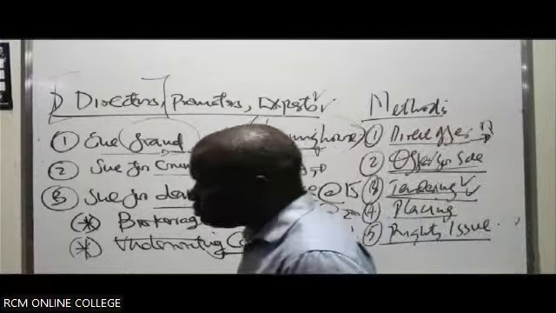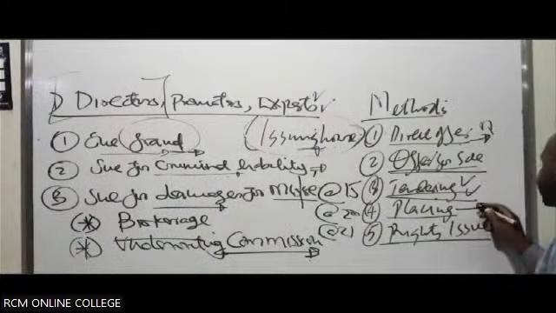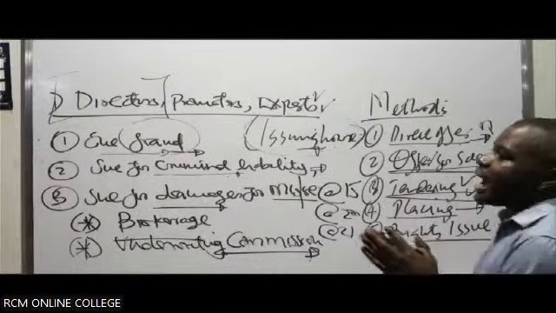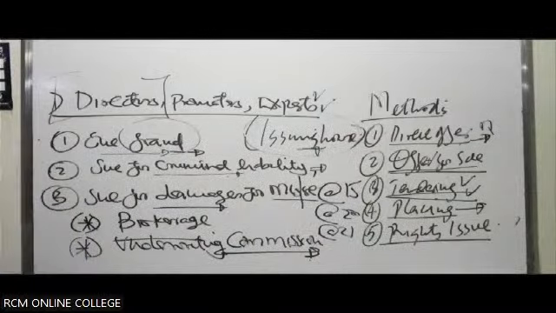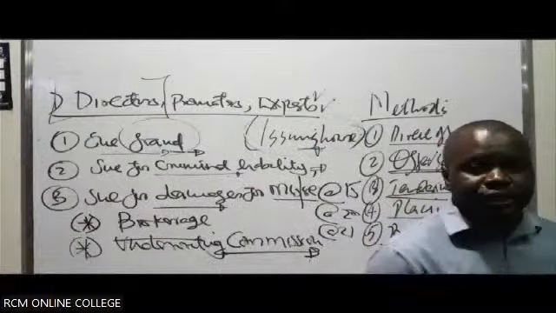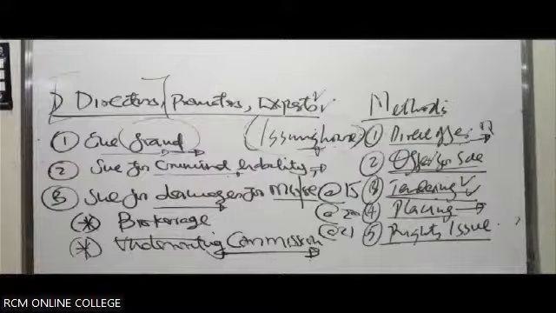Then what the issuing house does, it doesn't just sell to any person. It doesn't just sell to Tom, Dick, and Harry. But what they do here, they identify key investors who are likely to buy the shares in huge blocks or in blocks that are of high value. Like in this case, they could identify maybe NSSF. They have a lot of money each and every month that you are being deducted. We remit there. So they do investments, hoping that when you retire, we'll be able to get some money there. Maybe it could be insurance companies. They collect a lot of premiums. So they target such, and place the shares with them.